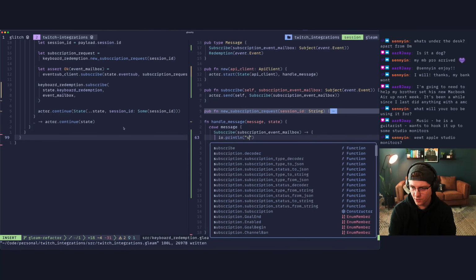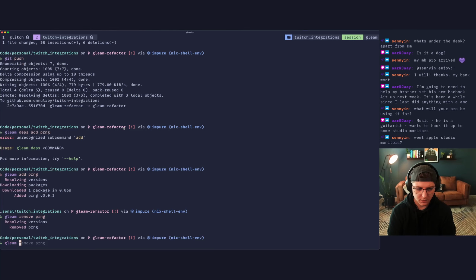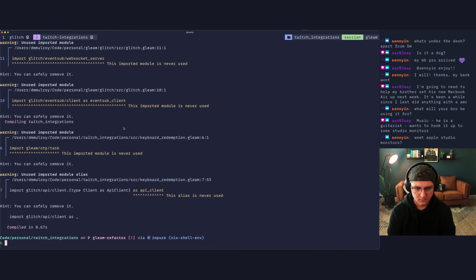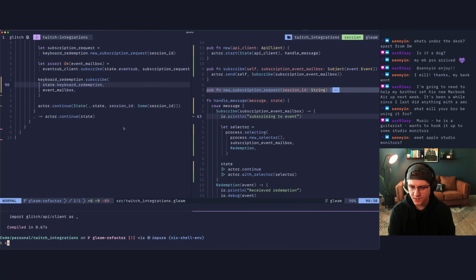Okay, do that. We call that there. Let's see if this works. Can we build? gleam build. Looks like there's some stuff over here that we can remove. Do we never use the API client? Oh, right, we're going to, just not yet. gleam run. Subscribing to event. Okay.